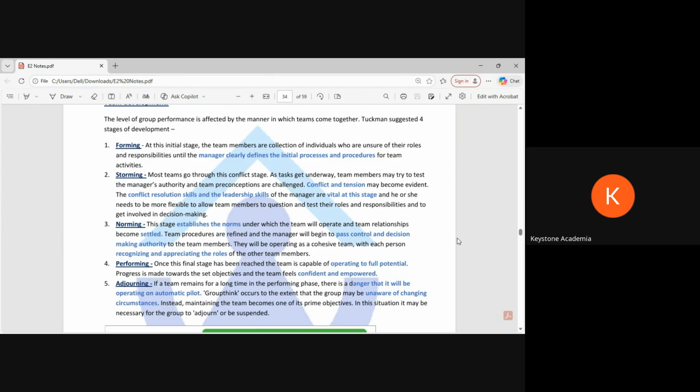Why would you want to adjourn? That can be a question. Usually if the same people are working together, there has been a trend that the effectiveness will go down, and when they're working as a team, they'll start blaming others and no individual will take the responsibility, and groupthink can make for slower progress. So even if a company wants a new team or teams to work on a similar project, they'll come up with a new team. They'll keep on making changes so that everyone is motivated and has some motivation to show others, especially in storming when they face the conflict. That can be a motivating factor many times.